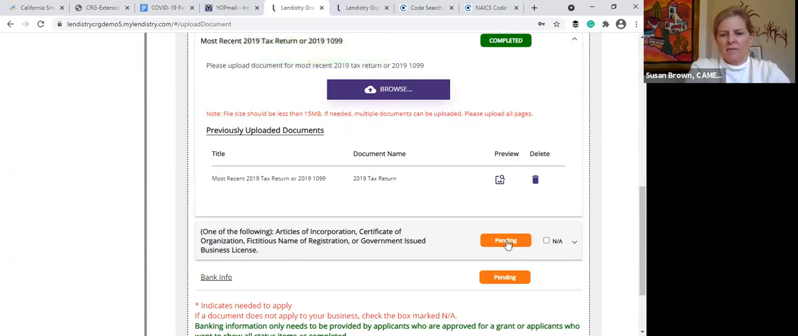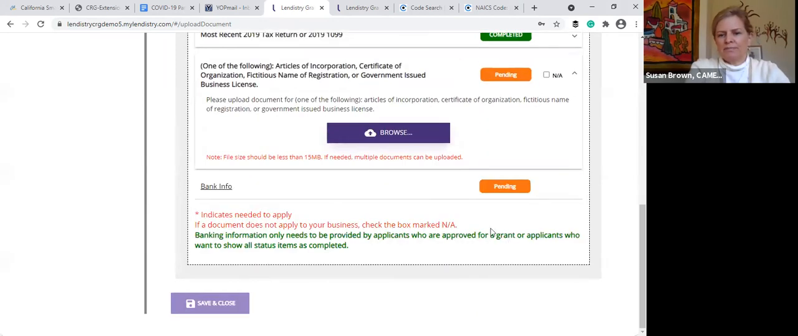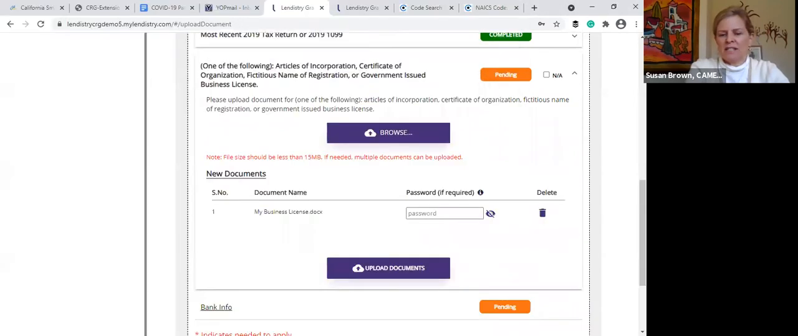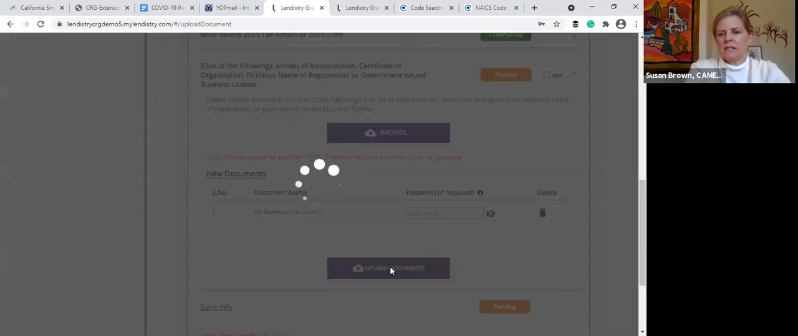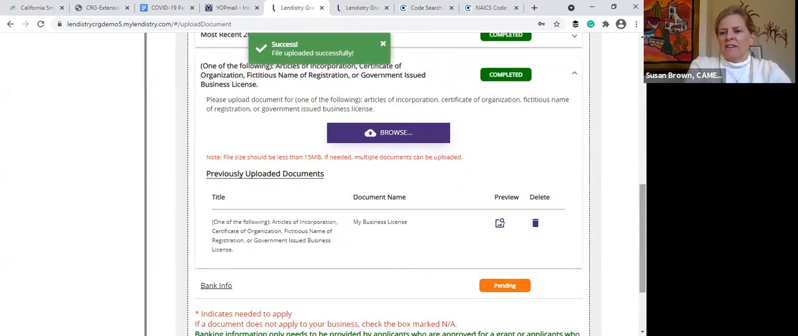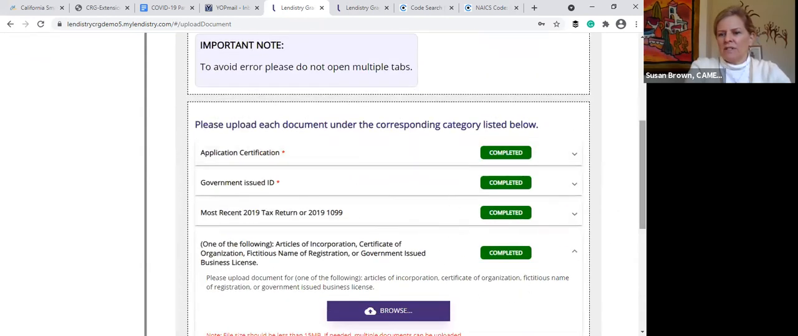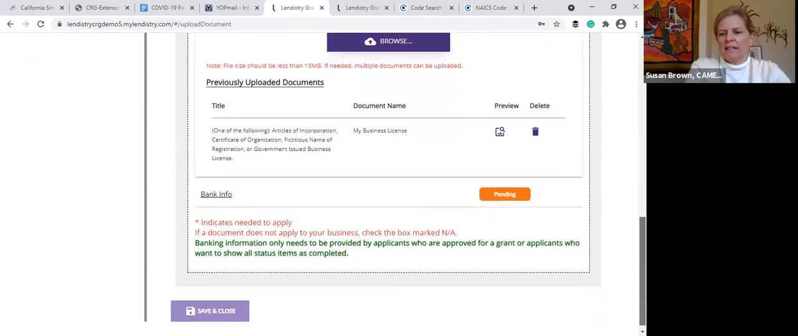And then finally, my government issued, in my case, was a business license or whatever the acceptable documents. So the acceptable documents for this one are all in that application guide. So I've done it. You see, I've got my 4 documents uploaded. I'm good to go. And the last thing I need to do is my bank info, which technically it says